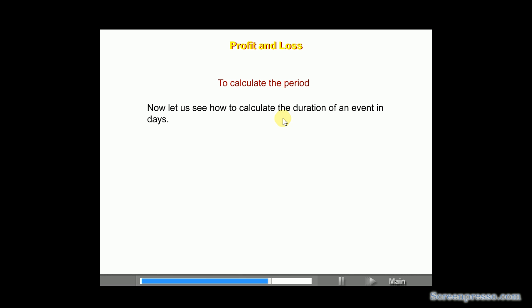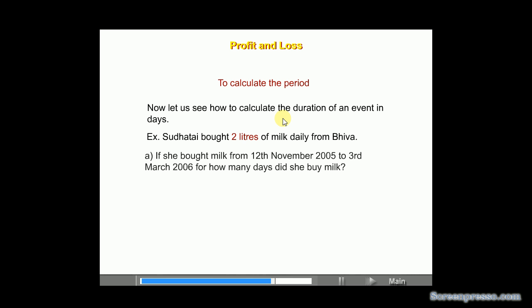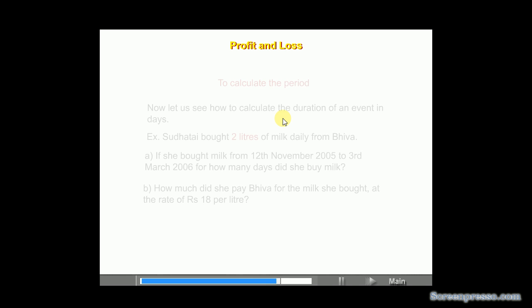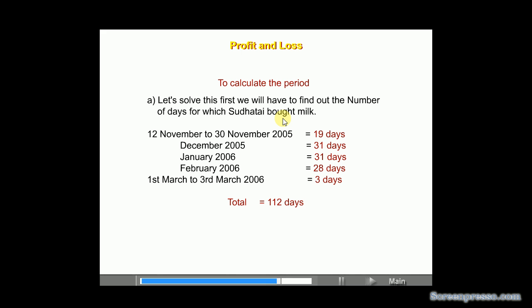Now let us see how to calculate the duration of an event in days. Example, Sudhabai bought 2 liters of milk daily from Viva. If she bought milk from 12th November 2005 to 3rd March 2006, for how many days did she buy milk? How much did she pay Viva for the milk she bought at the rate of rupees 18 per liter? Let us solve this. First, we will have to find out the number of days for which